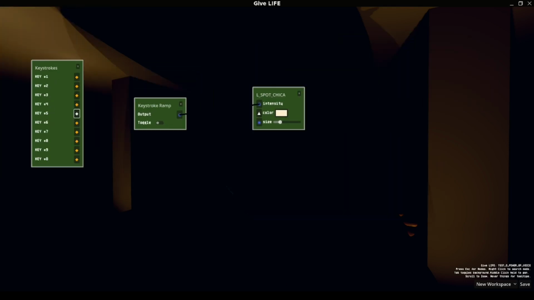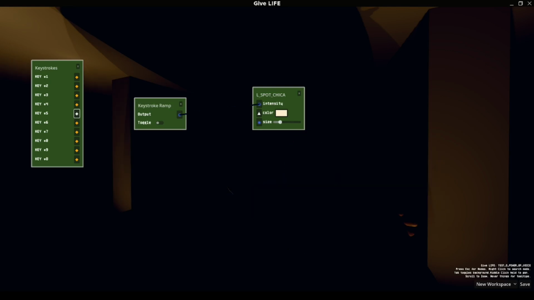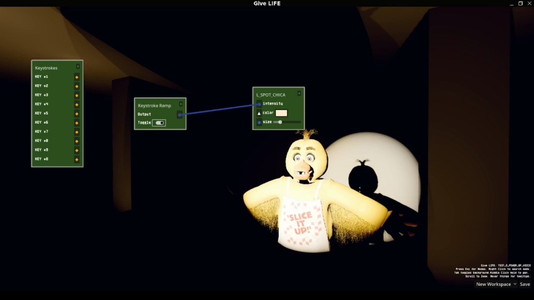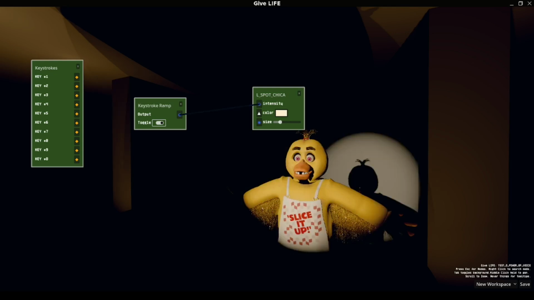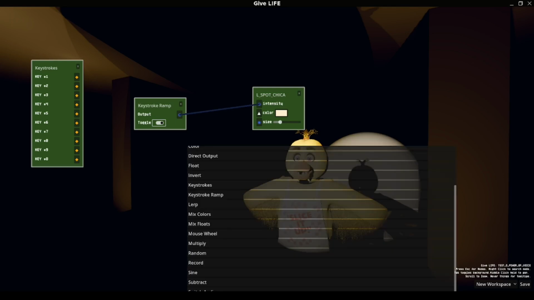So this opens up a lot, but this still kind of feels a little janky. You can also quickly hit toggle. This actually holds that position no matter which one you type. But, again, it still looks pretty instant. It doesn't really do much.